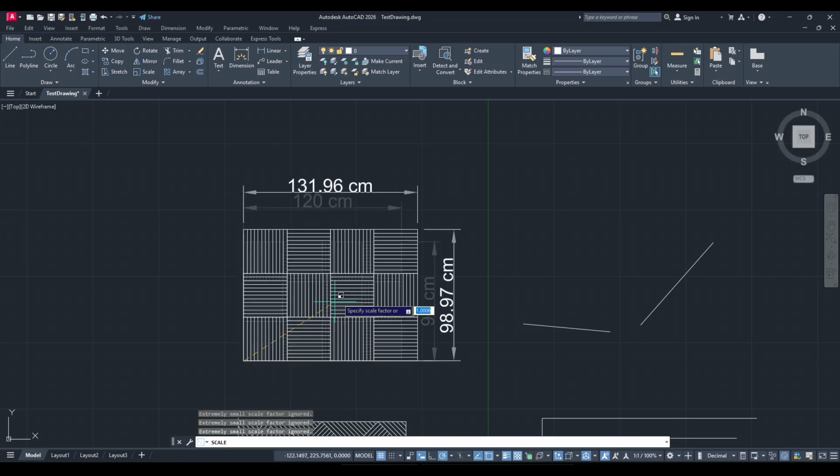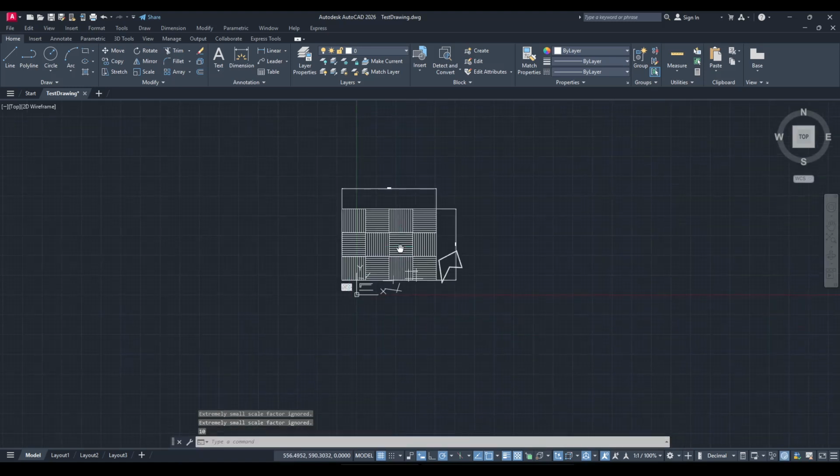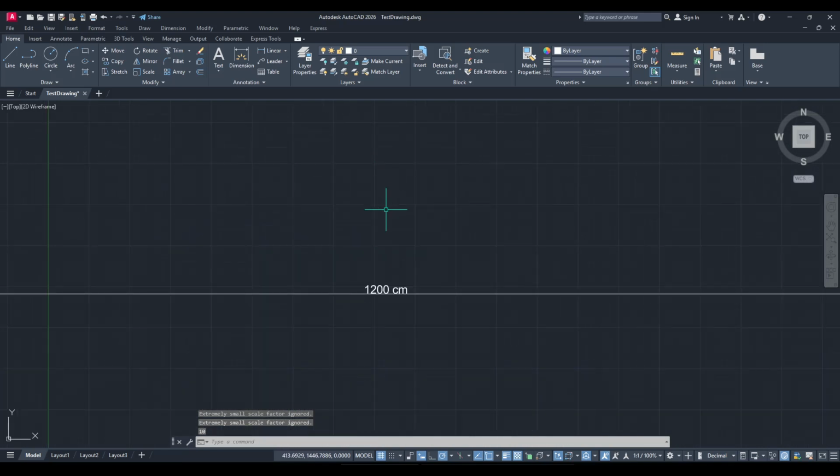If it was in inches, use 0.0254. And if it was in feet, use 0.3048. Once you scale correctly, your measured distances will reflect true meters and any new content you insert will align